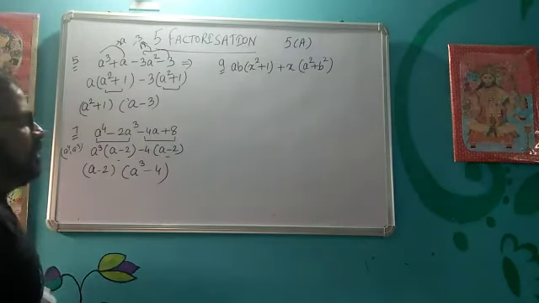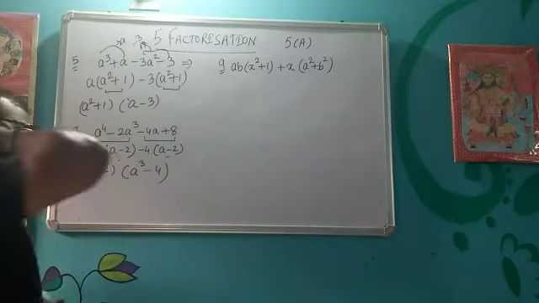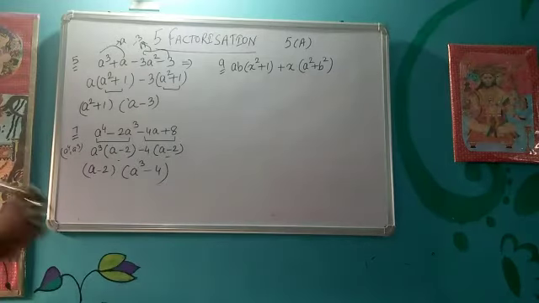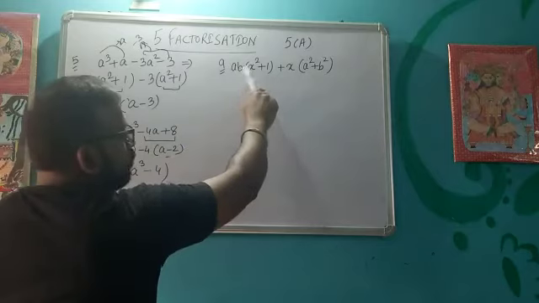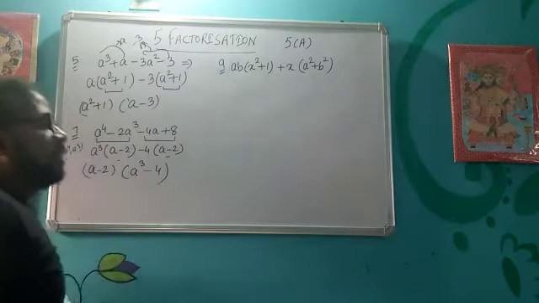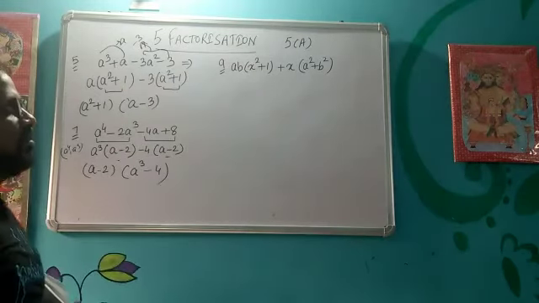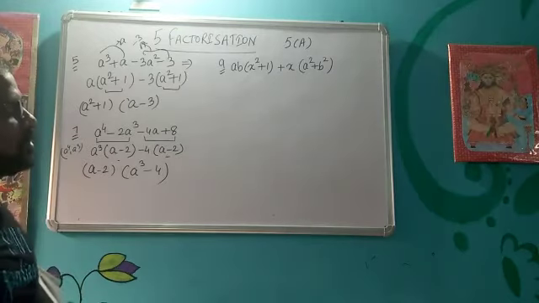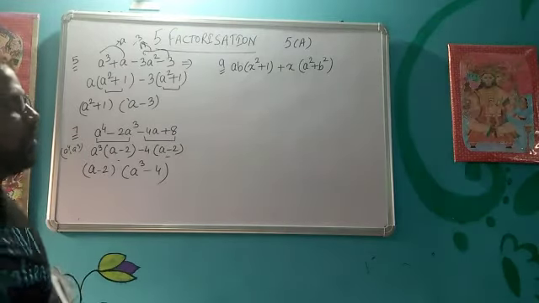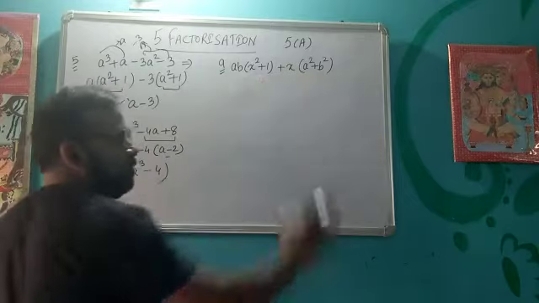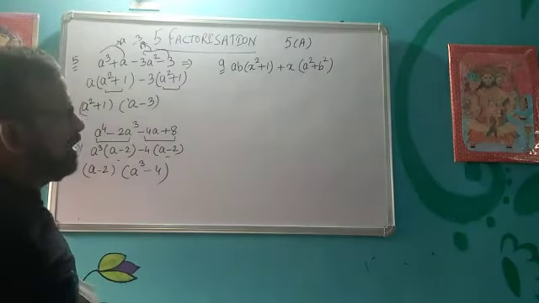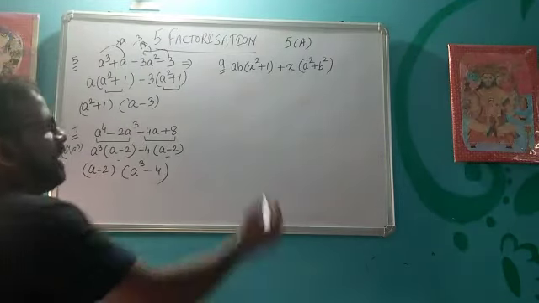Now let's discuss a different type of problem. In this problem you can see two terms are there, but we cannot make the groups. So what I am going to do, first we will solve these brackets. If you are not able to make the groups, then you go for solving the brackets.